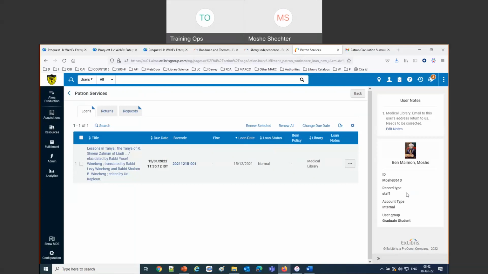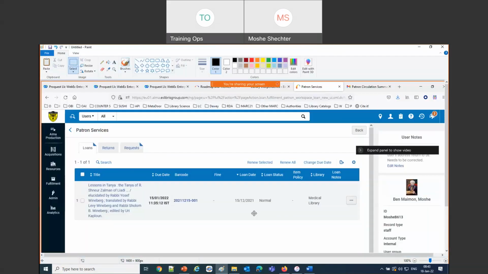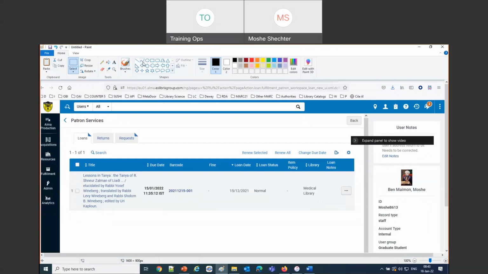I'm going to take a screenshot of this. We're looking at Moshe ben Maimon, and we see one loan only for the medical library. This is an important thing what we're looking at now.